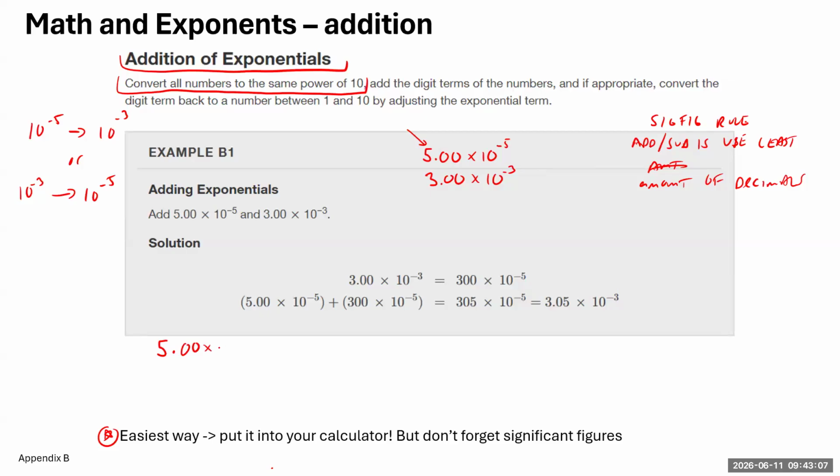5.00 times 10 to the negative 5. That's going to be the same as 5.00 times 10 to the negative 5. I just basically wrote the same number, right? What I'm going to do here is bring my 10 to the negative 5 to the negative 3, right? And this is a greater number, right? So the value of 10 to the negative 5